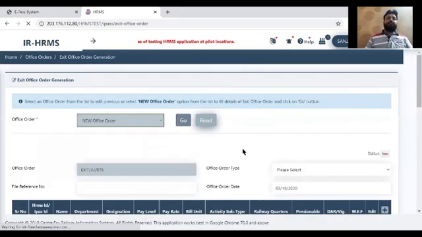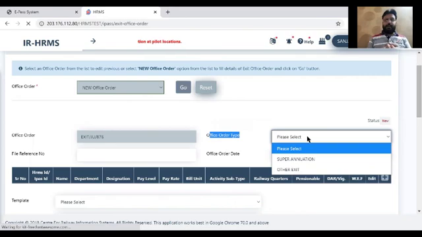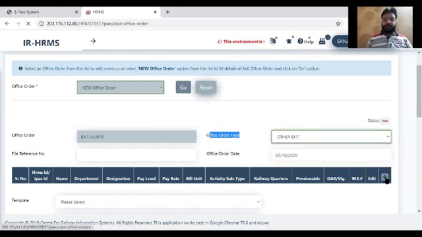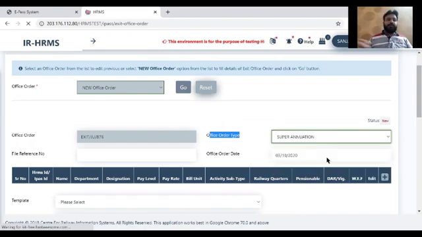Now I have to select the office order type. Either the employee can retire or he can have another type of exit. The only difference in both types is that in superannuation, multiple people are allowed, but for other types of exit, only one person at a time will be part of the office order. So I'll select superannuation here, and to add an employee, I'll go to the right hand side and click on this plus